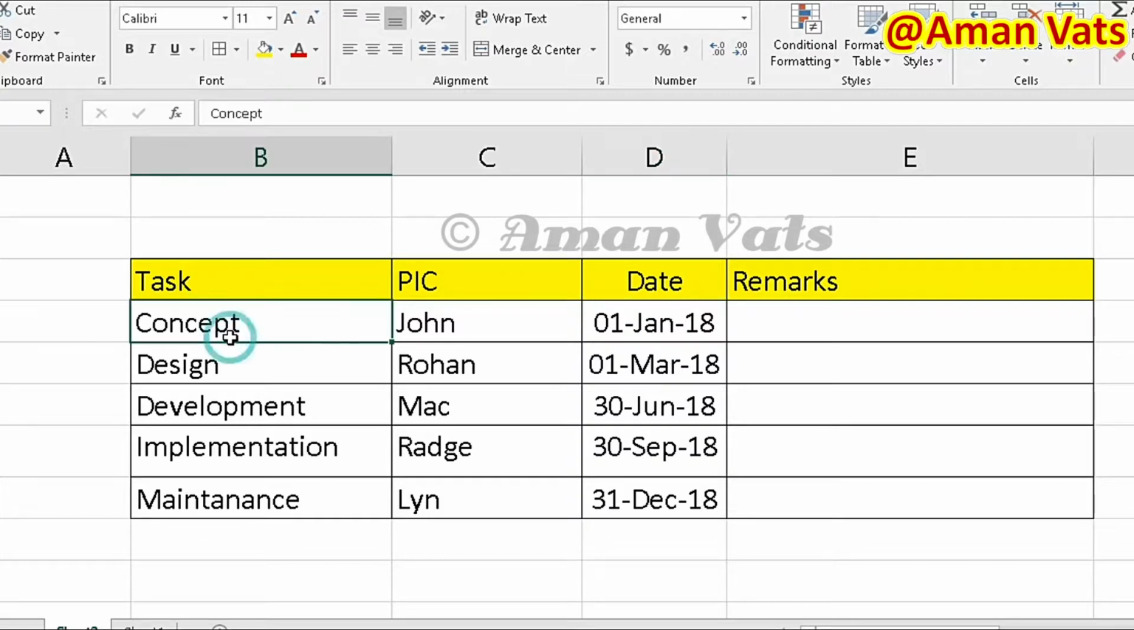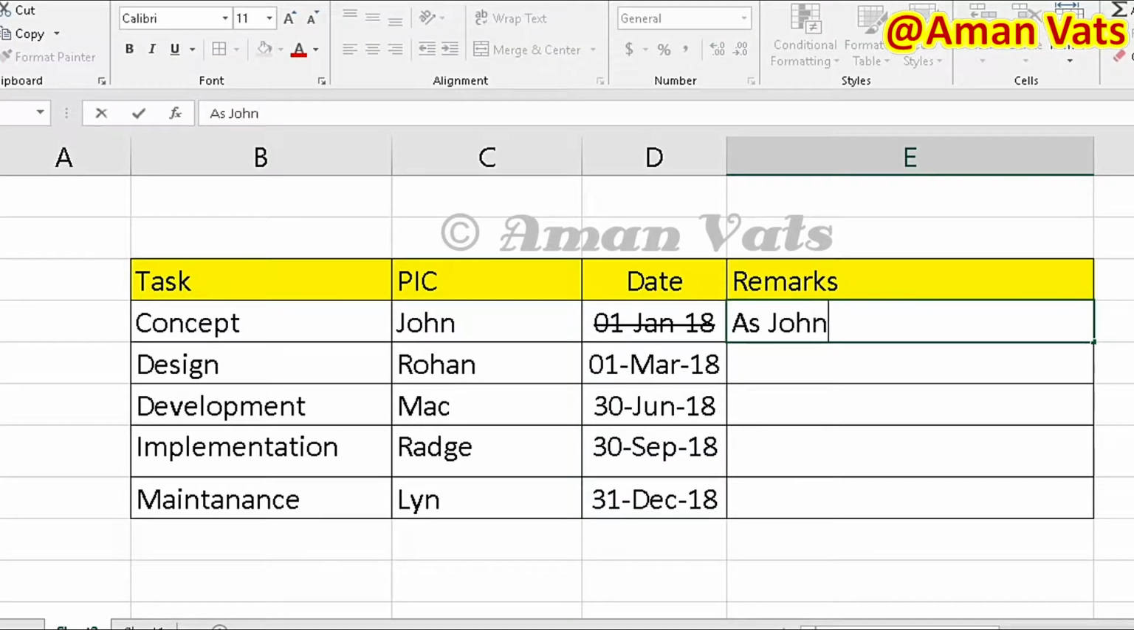So you want to start this particular activity from the 15th of Jan and also want to keep the history of what the days were previously. So for example, let me cross it. I want to strike it out. I will press Control 5, so it is struck out. And I can write, for example, John is not available,